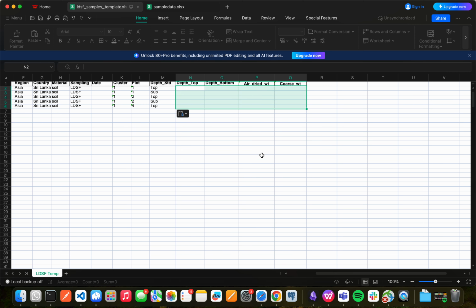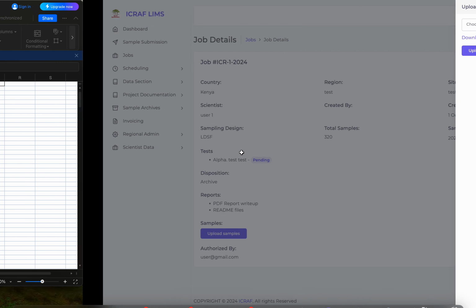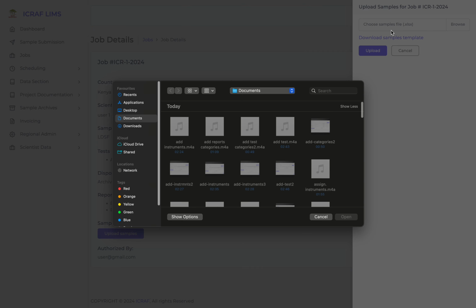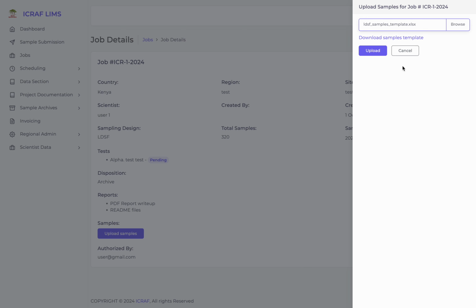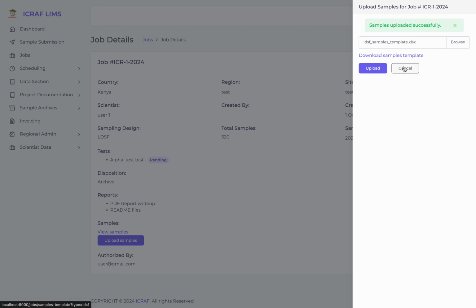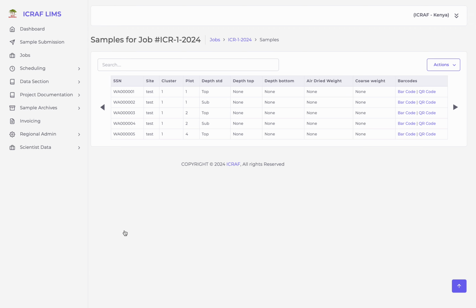Save the completed template, and in the Upload module, click Browse and select the filled template file. Click Upload to submit the samples to the system. After a successful upload, users can click View Samples to see a list of all uploaded samples for the job. On the Samples List page,